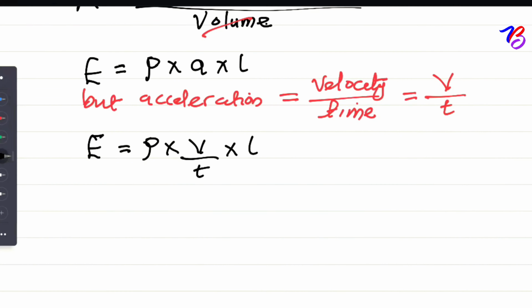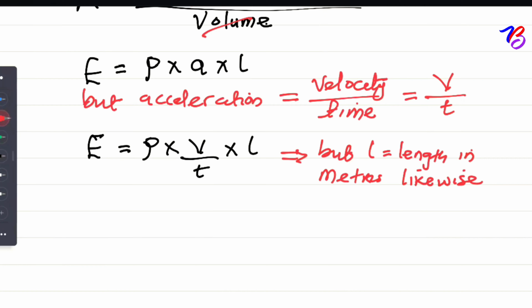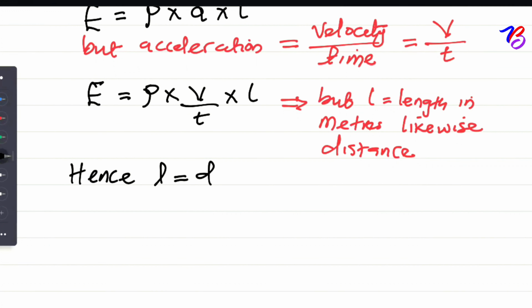Are you here? Then also recall that L is equal to length, and length is in meters. Likewise, distance is also in meters. So we can now replace L with distance. Hence L is equal to D. Let's proceed. So that Young modulus E is equal to density multiplied by velocity multiplied by, let's isolate now, L